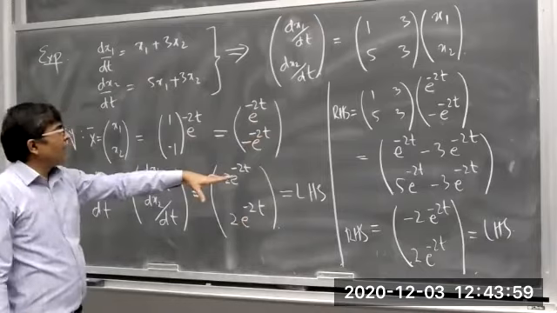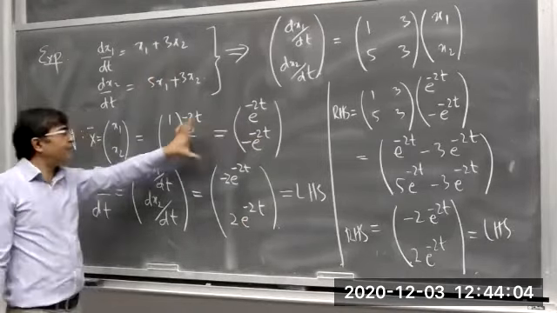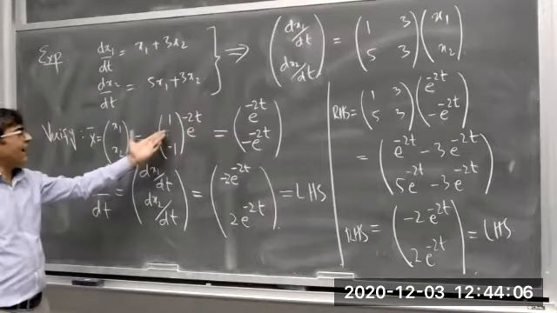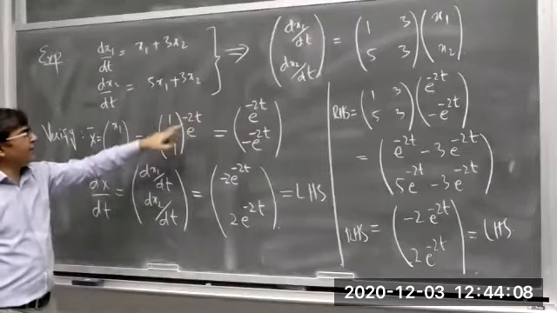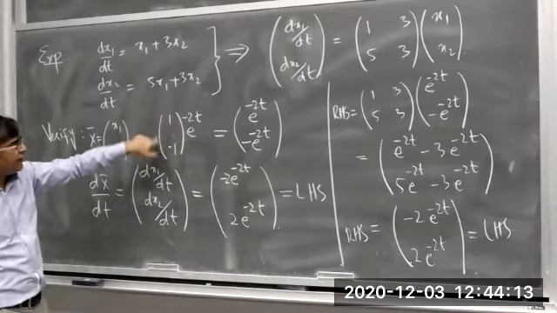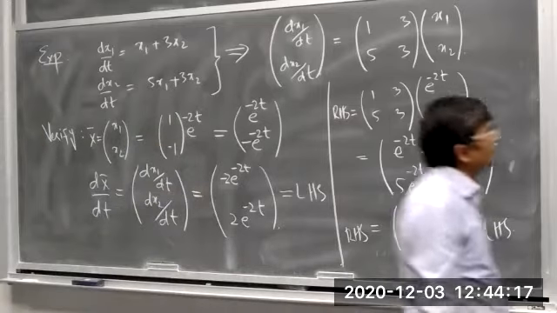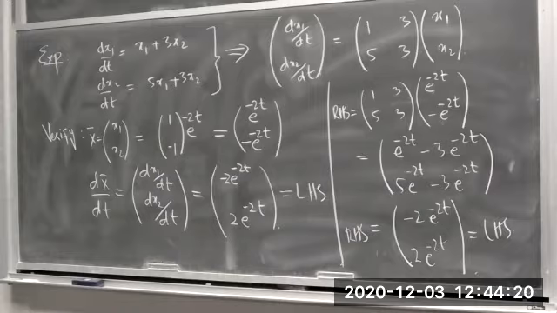So the solution of the system is actually a vector, and we can obviously write this solution in this form: a constant vector, a vector which contains constant entries, times some function of t. So this is how we can verify whether a given vector is a solution of a first order system or not. Now we can see that the solution is always of